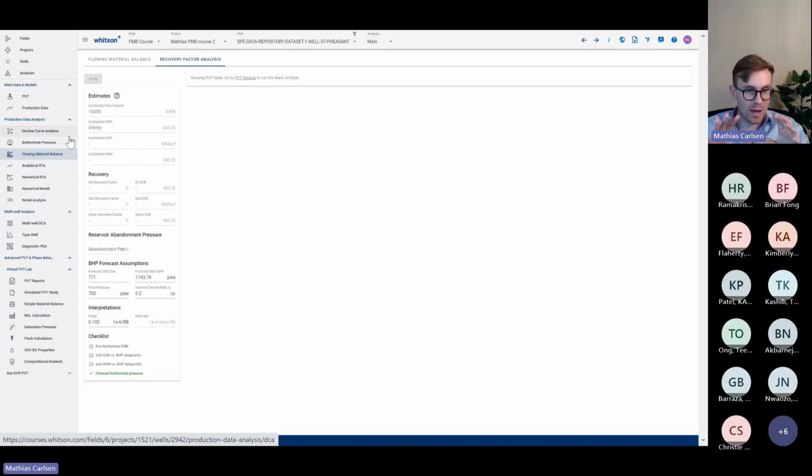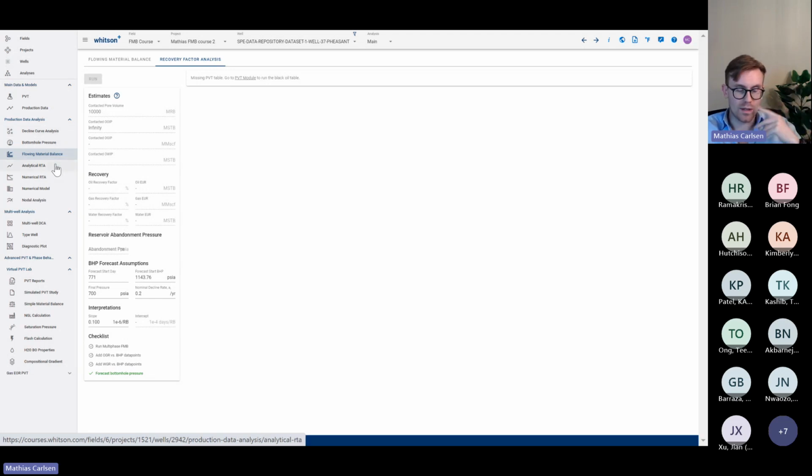Yeah, exactly. So I mentioned for the previous group that a couple of things will probably come into the software on this front: the toggle that I talked about to invert the axes, an auto fit for those buttons such that you have it there for the CGR versus pressure, and also an auto fit of the multiphase FMB. Now, the reason why the auto fit of multiphase FMB needs a little bit more logic, right,